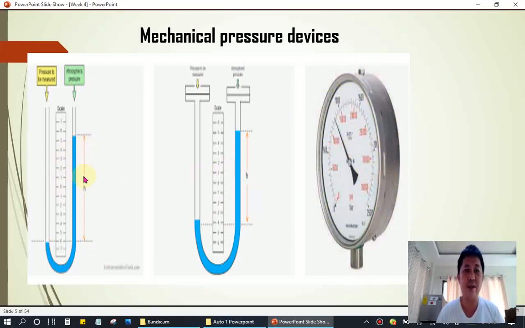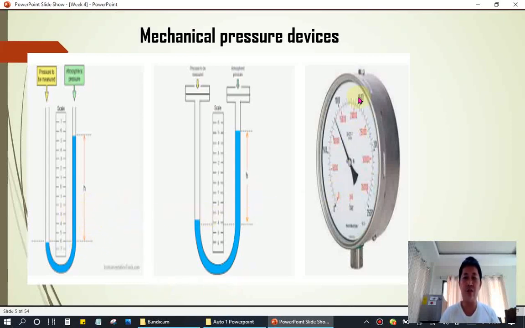So in this U-tube manometer, the media inside is fresh water. So we use this one to measure the differential pressure of our main engine air cooler and our auxiliary engine air cooler. So it is measuring the inlet pressure minus the outlet pressure, air pressure of our air cooler. So this is the U-tube manometer.